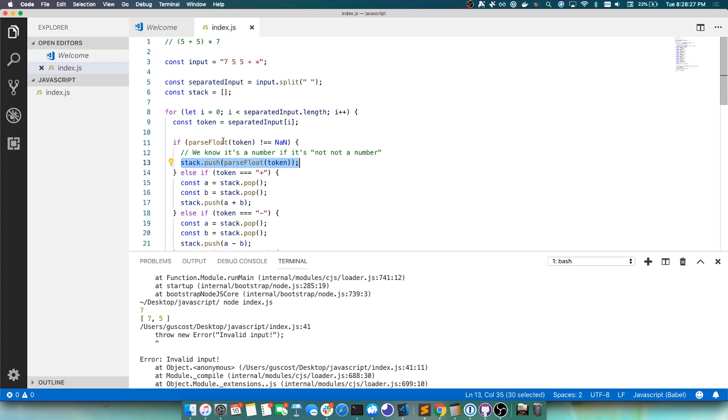No, because when we get to any operator, we're always operating on only 2 items at a time. So once we get to here, we should see the token equals a plus. We should pop the previous 2, which are 7 and 5, and then we should,